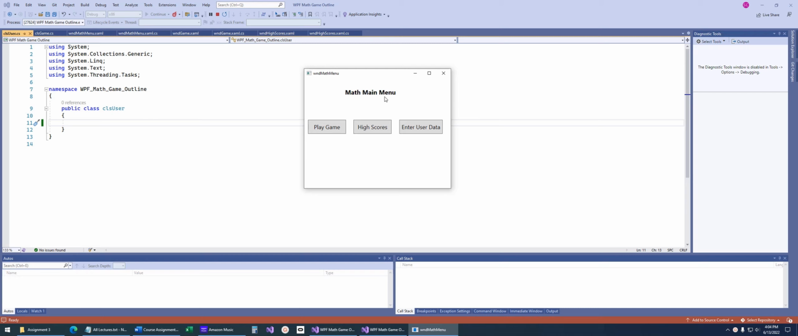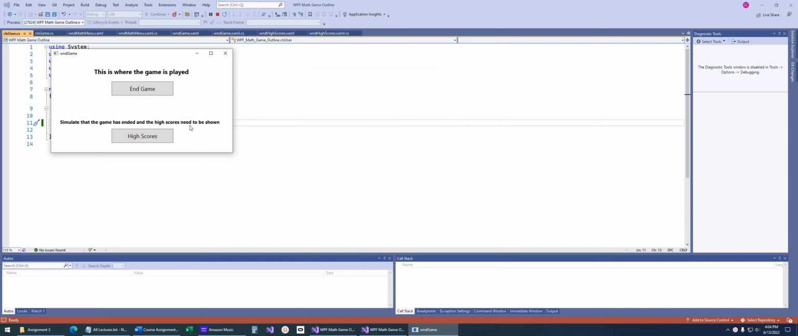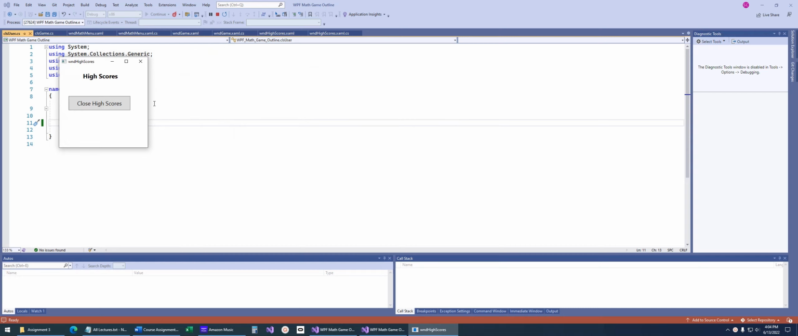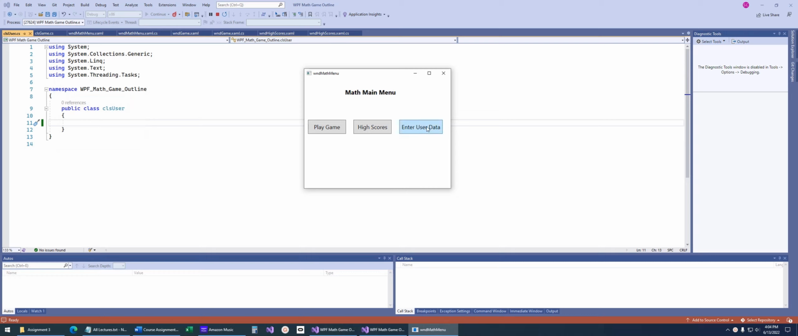So in this, we've got this main menu here. We can click play game. This is where the game would be played. And then we could be taken to the high score screen or the end screen and then back to the main menu. Now on this particular game, on assignment, you actually have some extra credit for the high